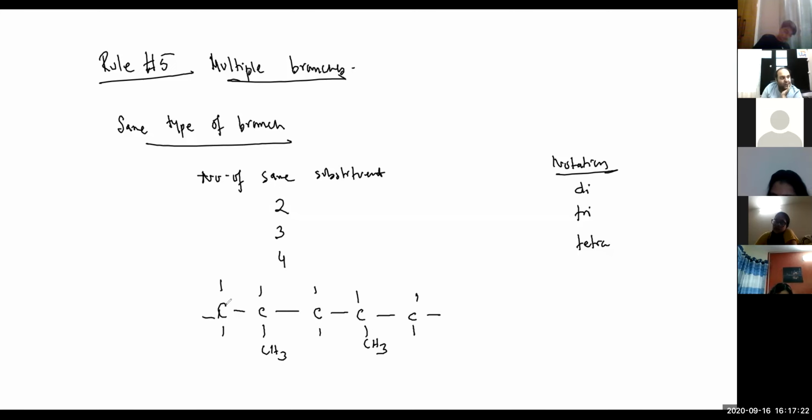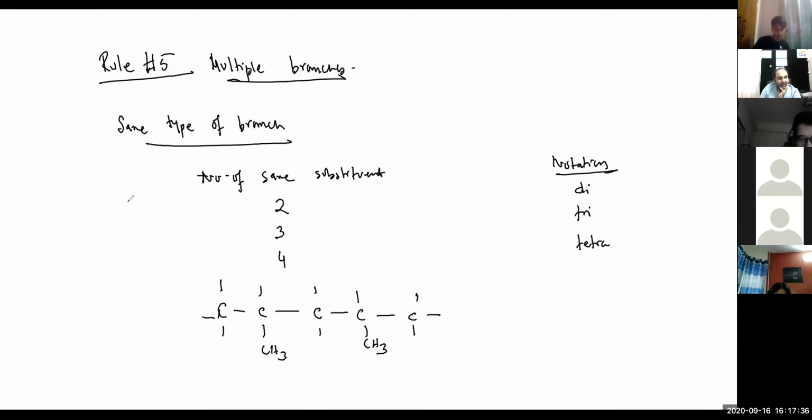So ekhane which side do you start numbering from, your right hand side or your left hand side? Right. Sir, it should be the same. দুইটা থেকে করা যায়। It's the same thing. So usually if you start numbering from the left hand side, then it's 1 2 3 4 5. So your locant combination is 2 and 4. Acha. Or usually if you start numbering from the right hand side, 1 2 3 4 5. It's again 2 and 4. So it's the same thing.